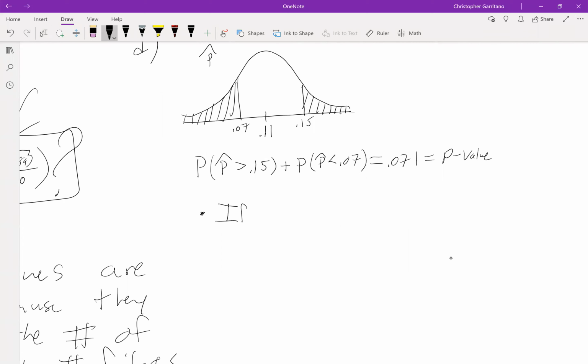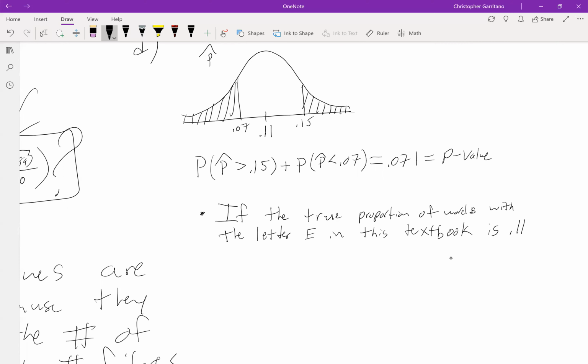So if the true proportion of words with the letter E in this textbook is 0.11, in other words, if H null is true,